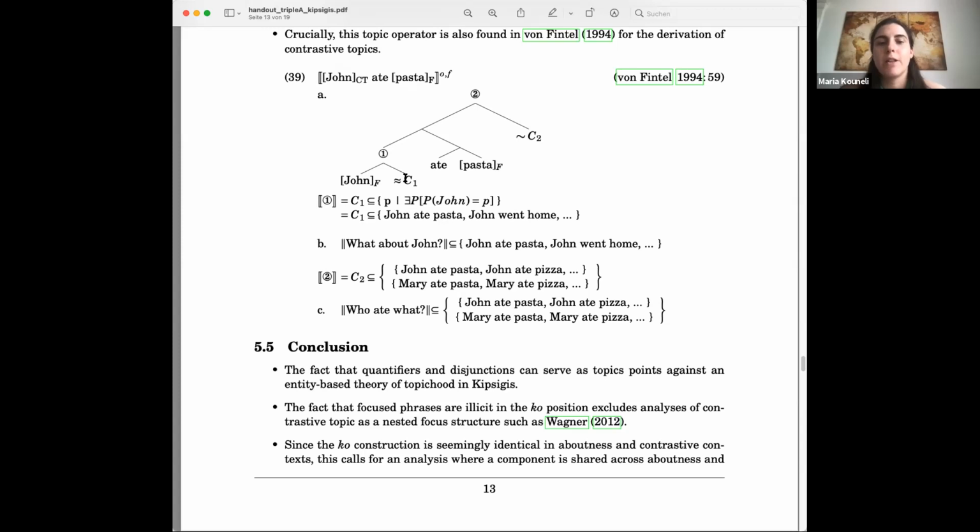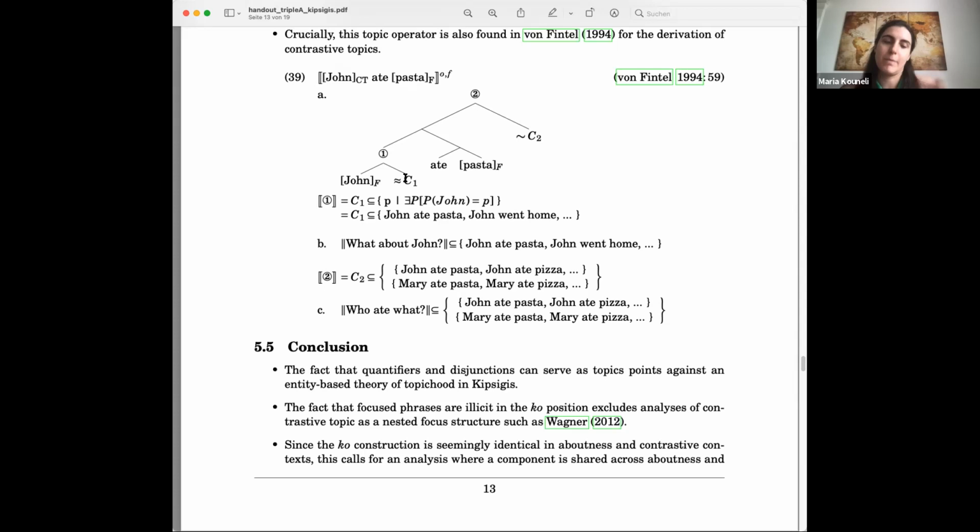And there are data also from other African languages. So Malte Zimmermann talks about this in various papers. So in Hausa, Bura, Ngamo, in work together with Grubic. So it seems to be the case that in those languages that have dedicated focus marking, it's common that scalars, additives and additive scalars will not have that focus marking. And also there are theories that draw a connection between contrastive topics and scalars. So we thought of those.